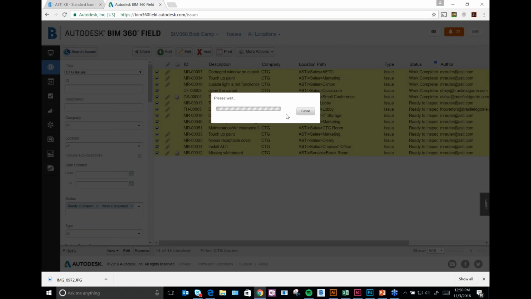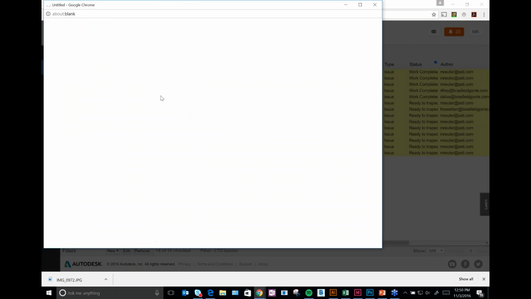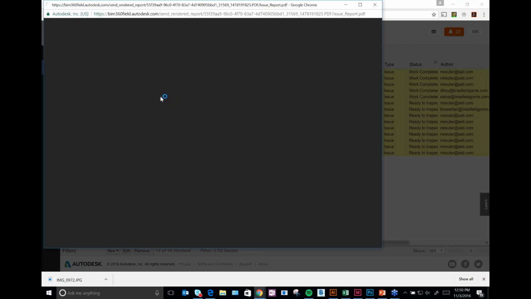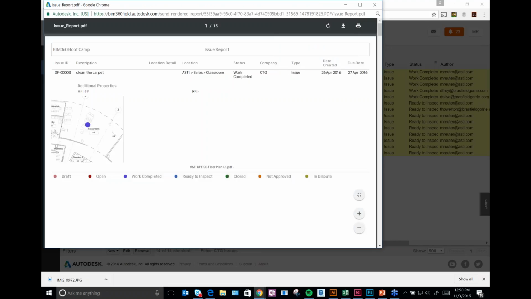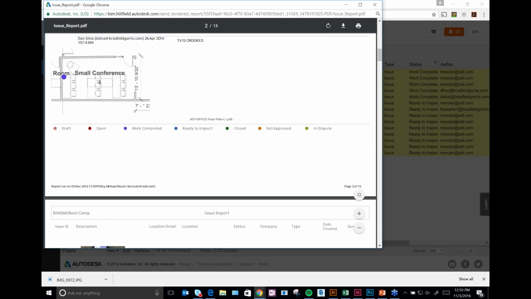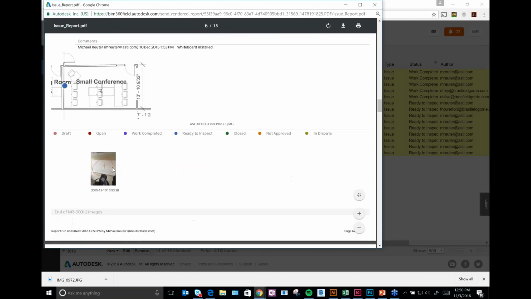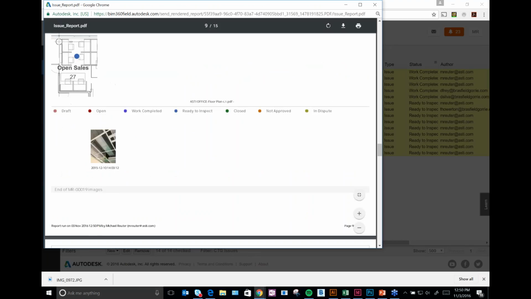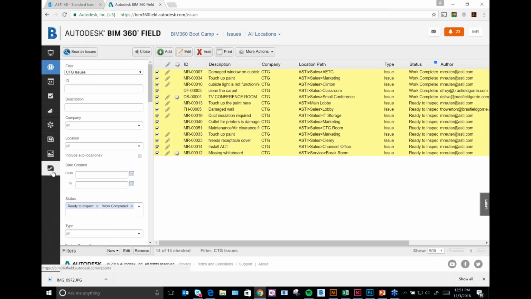And it'll take a minute. There we go. We'll view it in the window. So you can view a list like that. So here's basically a customized report of all the data that you selected. Okay. So you can do that manually, or what you can do is go to the reporting